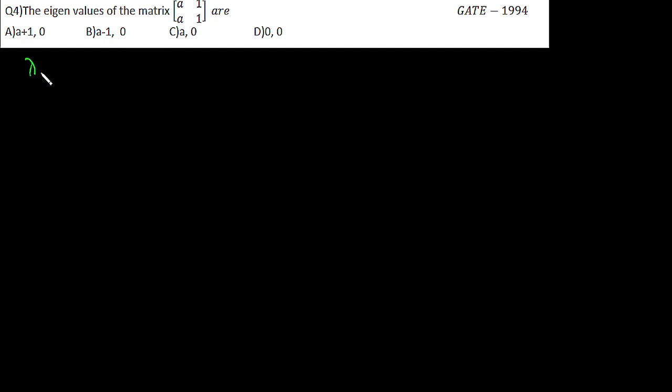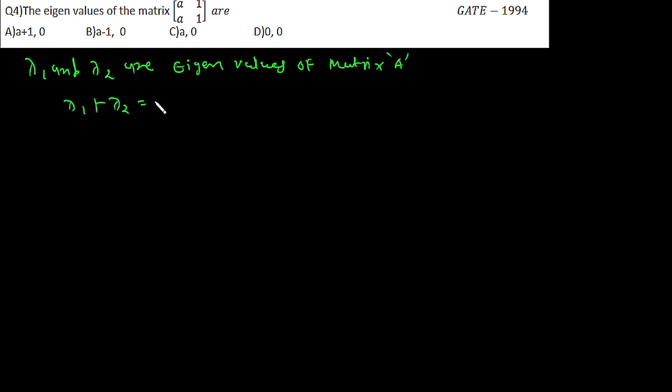Let's assume lambda 1 and lambda 2 are eigenvalues of the matrix. Let's call it matrix A. Then lambda 1 plus lambda 2 will be the trace of this matrix, which is A plus 1, and the multiplication of both eigenvalues is simply the determinant of this matrix, which is A minus A,